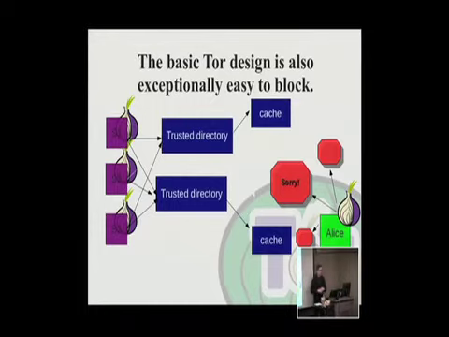So that, of course, makes scaling a big pain, right? Because once you start to talk about making a 10,000 or 100,000 node network, then you have potentially some serious trouble. So they block us a lot. For example, this is the case in China right now. And we're losing pretty badly in China, and I'll talk about that in a second. But this is unavoidable if we want strong anonymity. So there's a trade-off here.